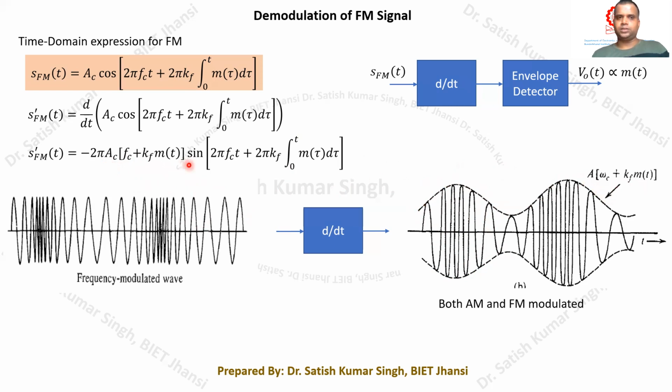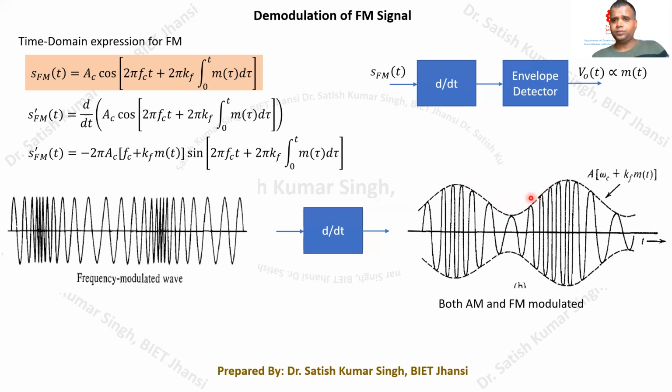So here you have to consider this, 2π(fc + kf m(t)). So this will be the envelope of this particular expression. And again, it is not only having the amplitude modulation, but its carrier frequency also changes with the magnitude, because at this point, when the message signal is having its maximum amplitude, the carrier is also having its maximum carrier frequency. Similarly, when this magnitude is having its least value, at this time, it is having its least frequency. Whenever the carrier is unmodulated at a certain point, at that time, the carrier frequency will remain the unmodulated carrier frequency.